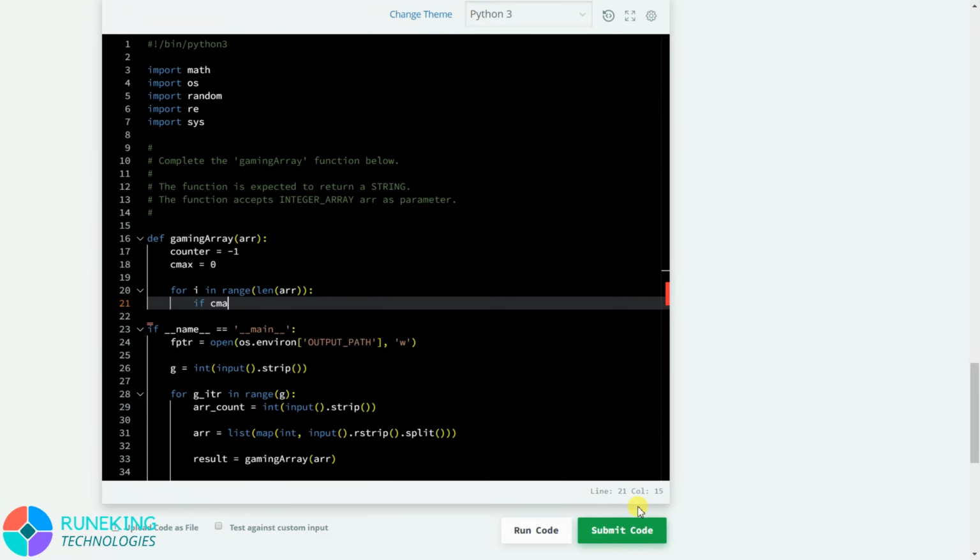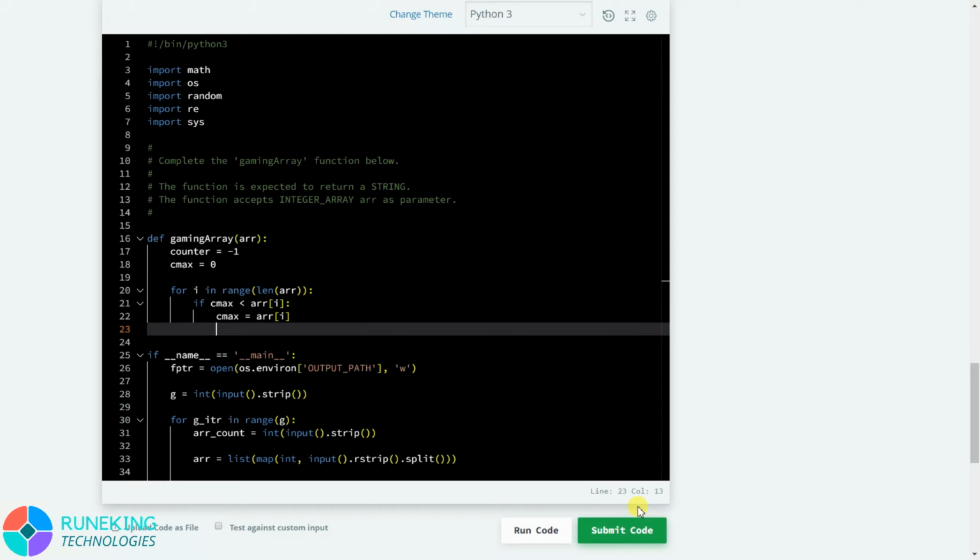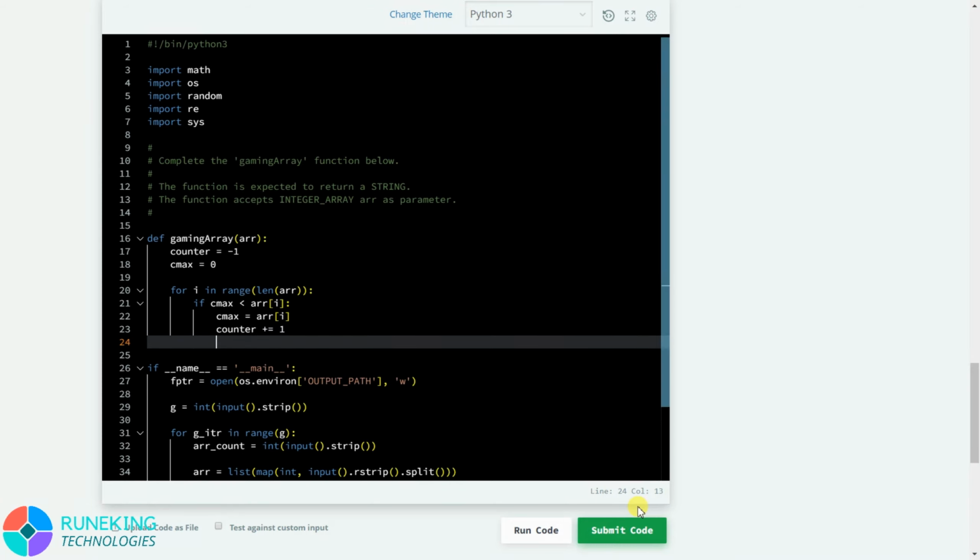So if current max is less than current element, that means ARR of i, then the current element is greater than the current max element. So we need to set the current max equal to ARR of i. That means the current element will become the current max element and our counter will be increased by 1, so counter plus equal to 1.